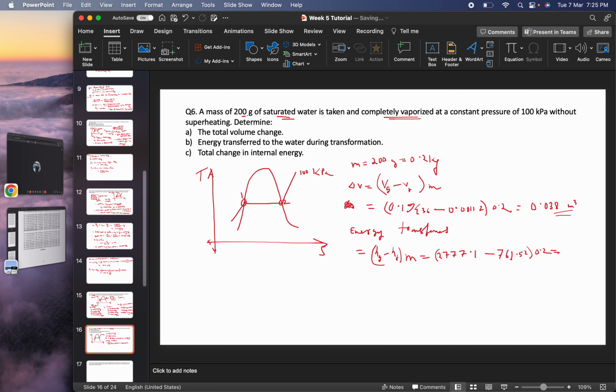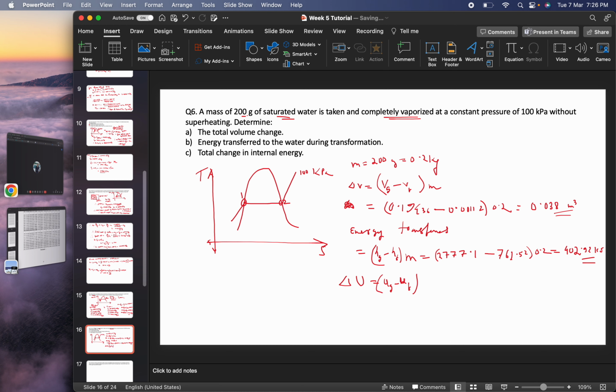Okay, 2777.1 minus 762.52 into 0.2. Okay, that is basically your 402.92 kilojoule. Then total change in internal energy, that is delta U, is basically your Ug minus Uf